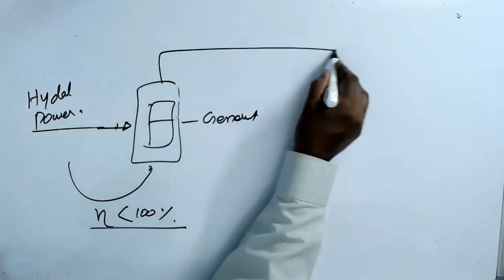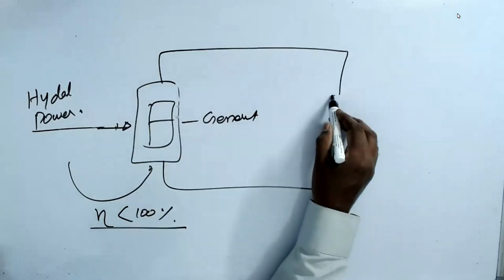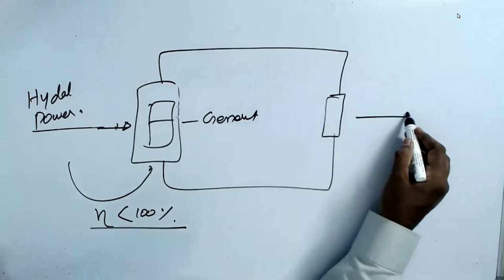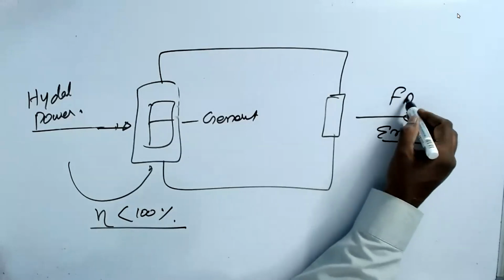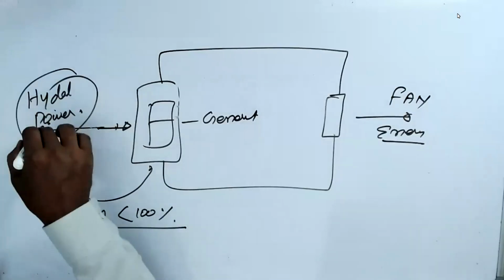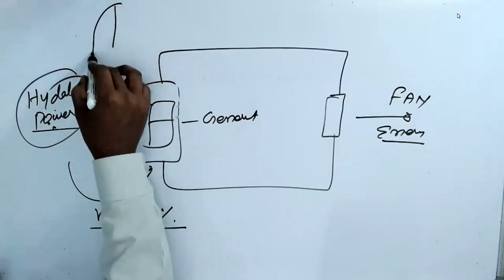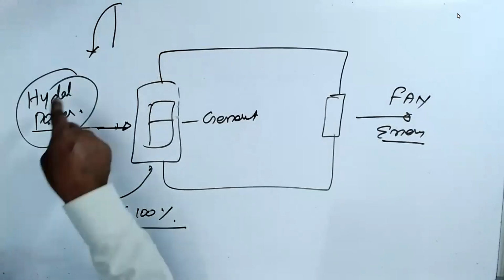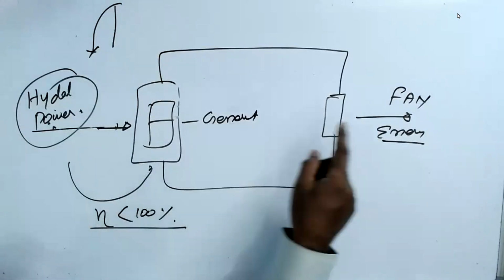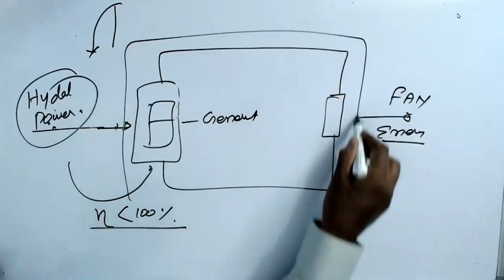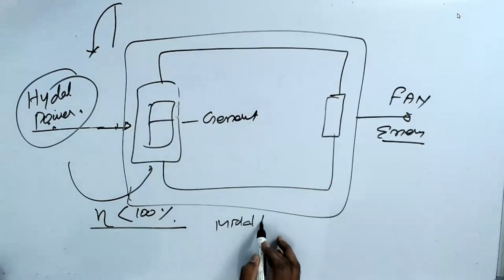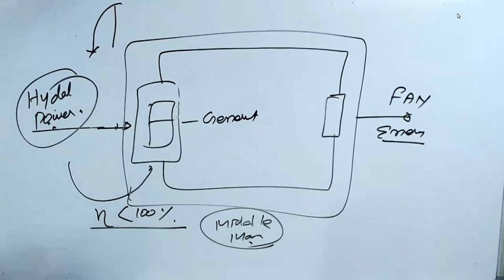Then I make it flow here. Then this comes out as another energy, could be a fan. Here is hydel energy, water energy. That water is flowing from the dam to the bottom. That's hydel energy, hydro energy, the hydel power plant. Now, here you're getting a fan. You understand now? The whole electricity is a middleman, just as the money was a middleman. If you understand that, we understand everything. All electronics, we understand later.